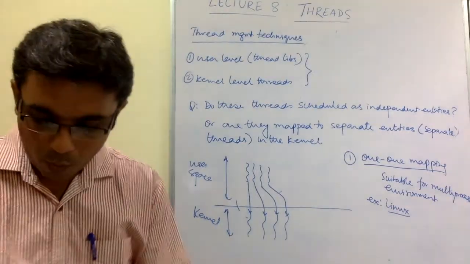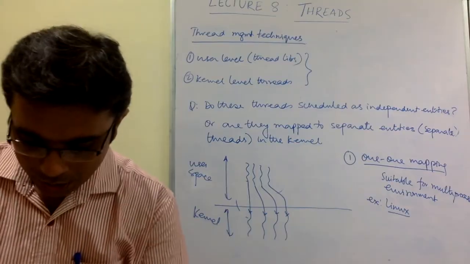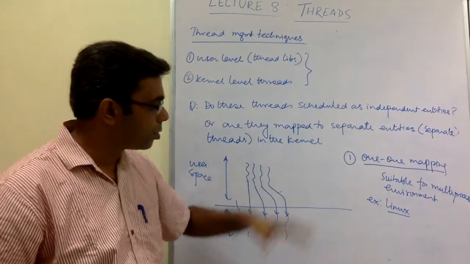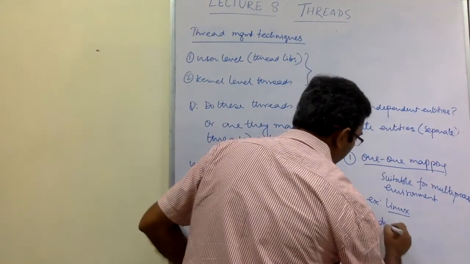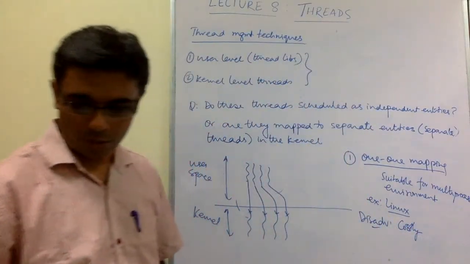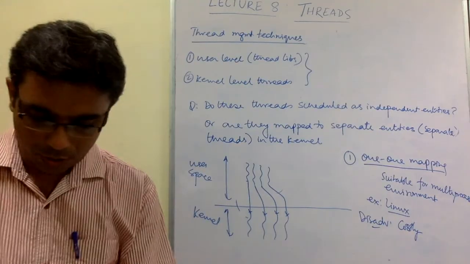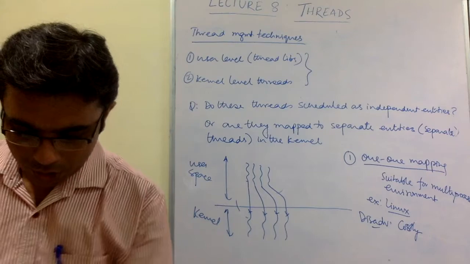This one-to-one mapping is very suitable for multiple processors. So what is the disadvantage? The disadvantage is it's very costly. That is a disadvantage of one-to-one mapping. Now, in addition to this one-to-one, there is one more, which is